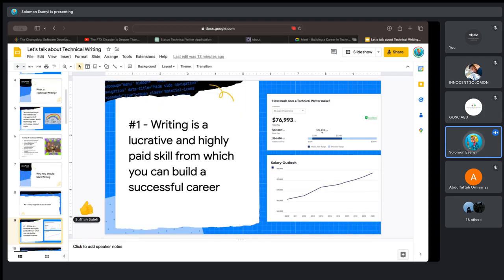Well, let's go to the actual reasons. Number one, writing is a lucrative and highly paid skill, and you can build a career from being a technical writer. Now, why are technical writers even needed in the first place? A company releases a product that is aimed at developers. Developers are their major market, the ones using that product.